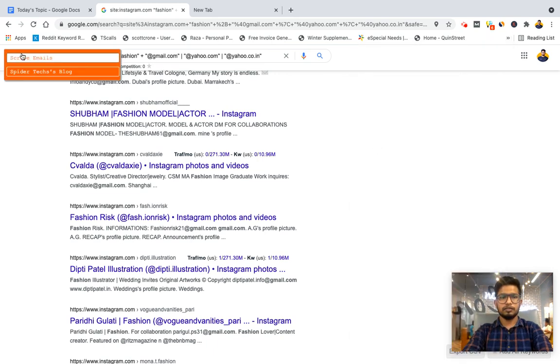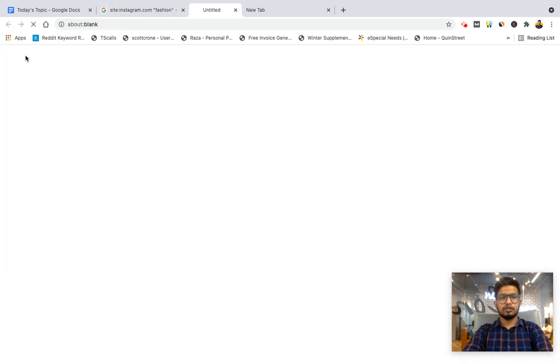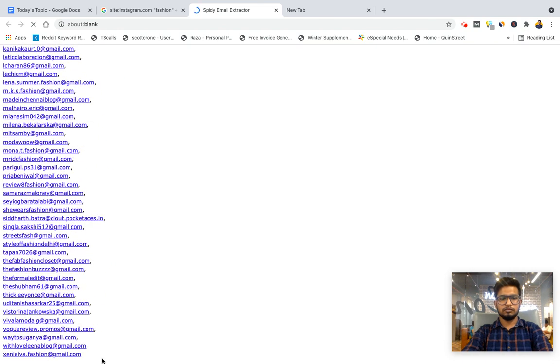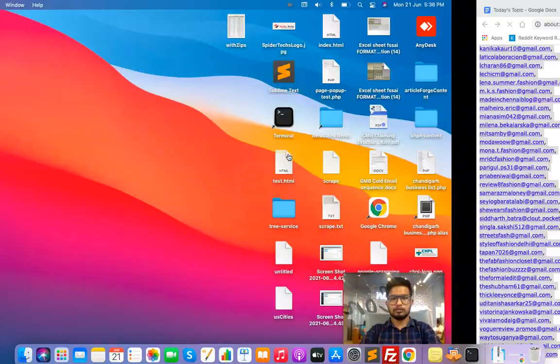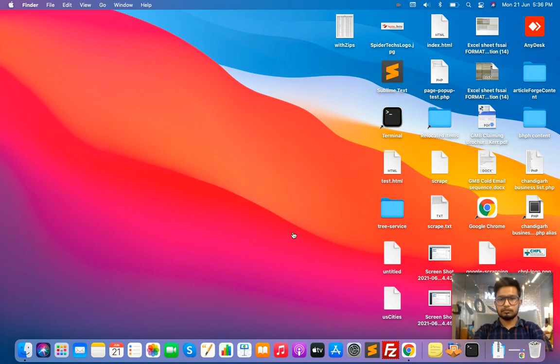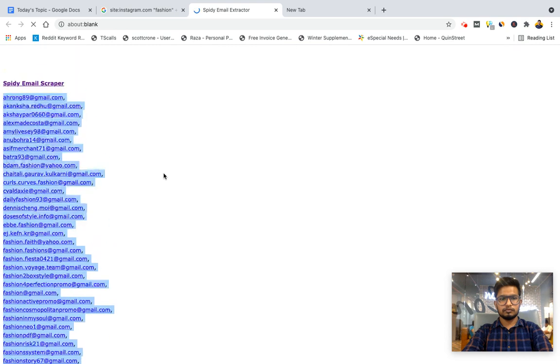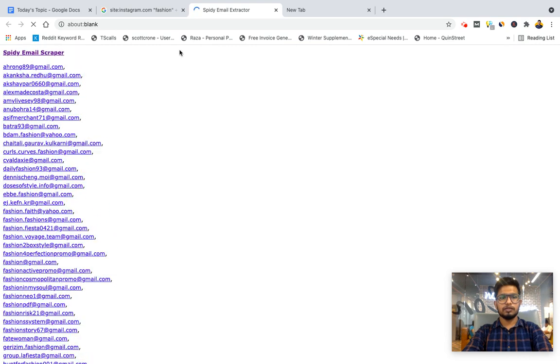I have created it as a bookmark. Now it will open this window. Click on scrape email. Simple. Now it will give you the list of emails from the meta description. See how simple it is?